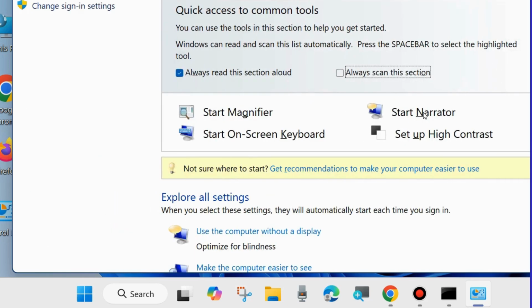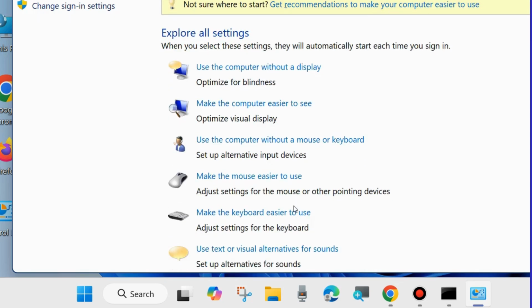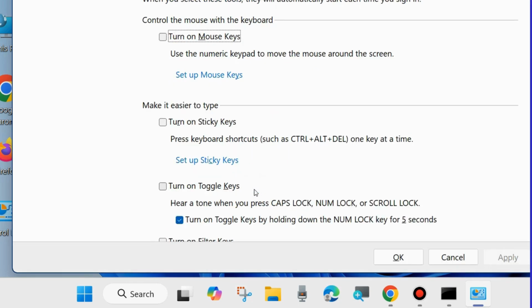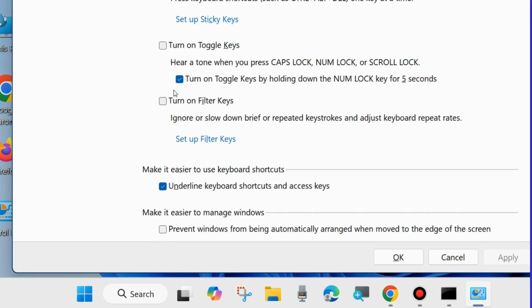Click on it. From the available menu, scroll down and you will find the option Make the keyboard easier to use. Adjust settings for the keyboard, click on it and here scroll down and go to the Filter Keys option. Turn on Filter Keys and make sure that this feature is disabled. So simply turn off Filter Keys on your system